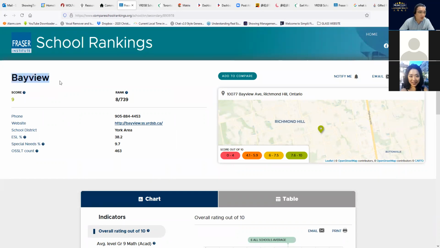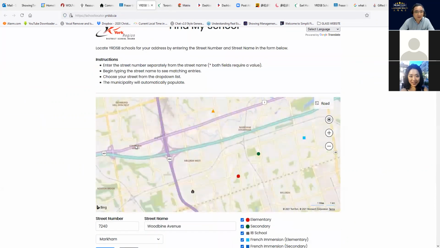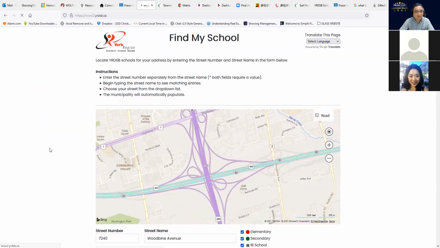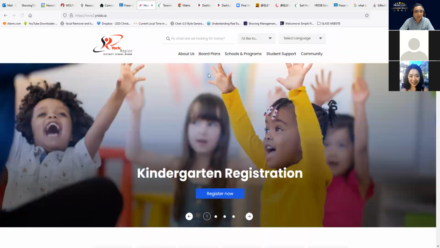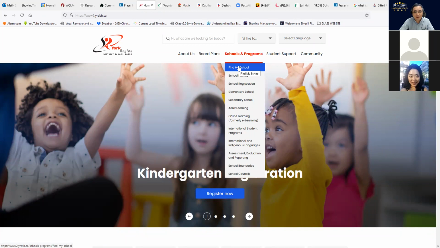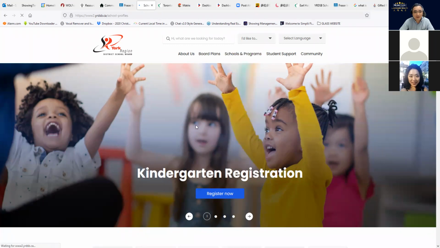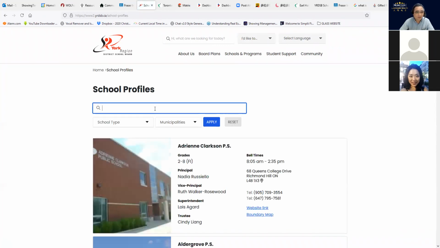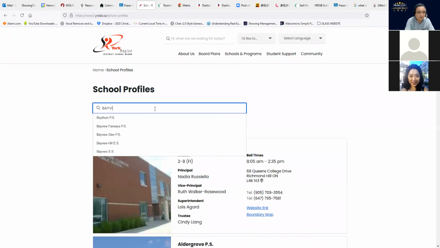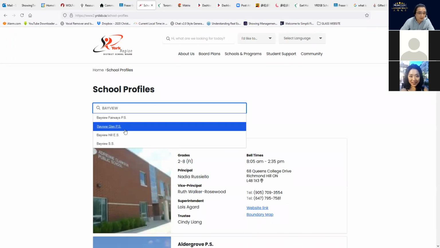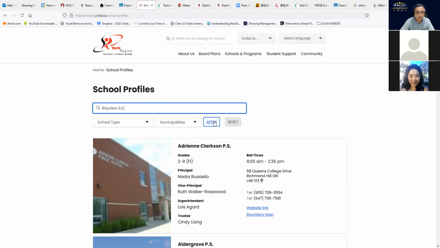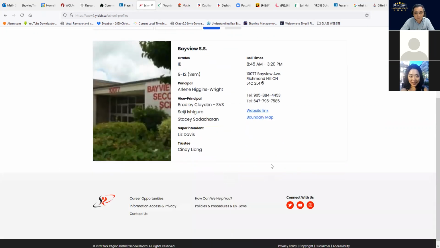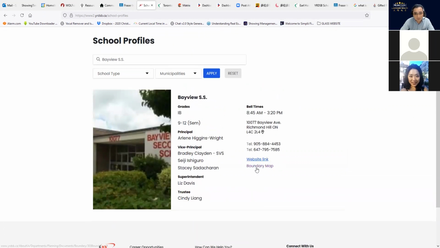So we find the secondary school is Bayview, and then I will go to the York Region School Board, find my school, the school and the program, school profile, Bayview Secondary School, and apply. On the web here, I'm looking for the boundary map.